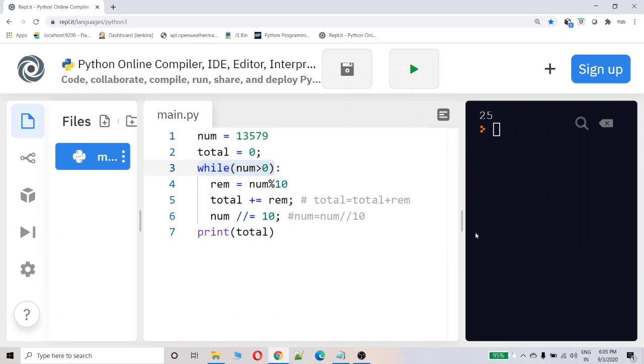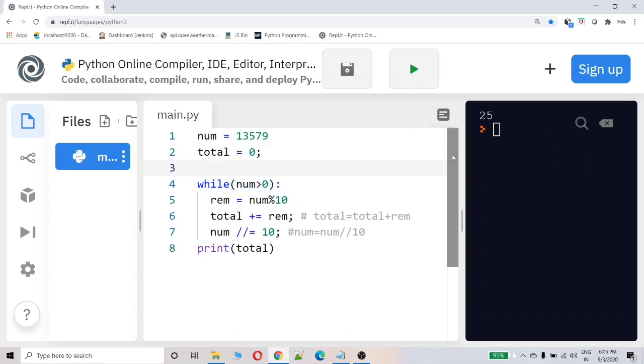First I have to find the number of iterations that it has to iterate. I can use the length, but length cannot be applied on integers. So I will convert the number to the string, and then I will find the length of the given number.